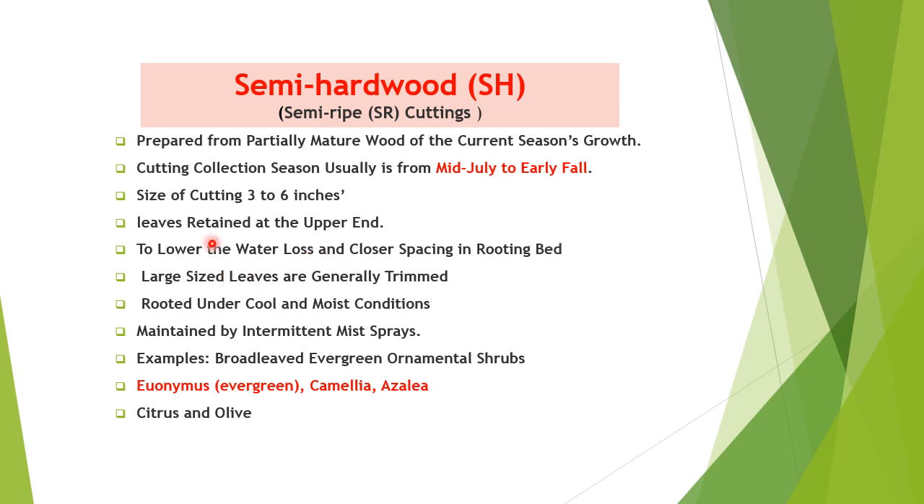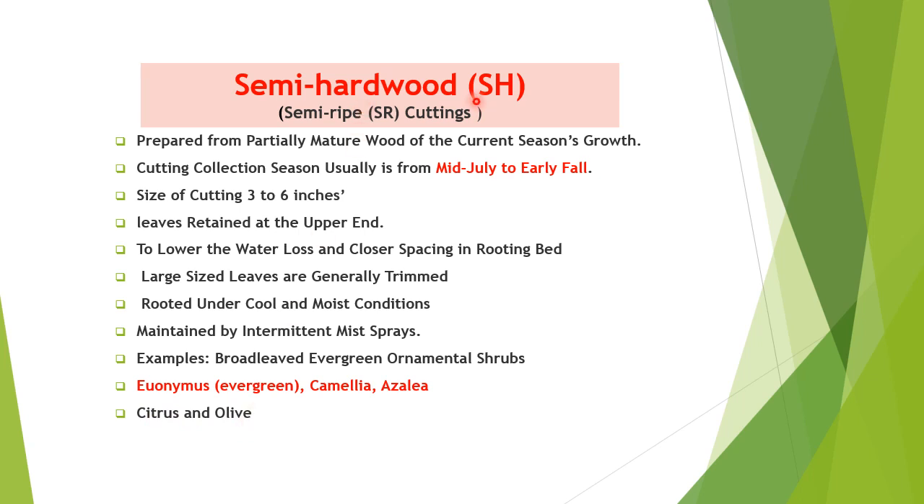Large size leaves are generally trimmed, and the cuttings are rooted under cool and moist conditions. They are maintained by intermittent mist sprays. Since they are very tender and need moisture, they should be sprayed with intermittent mist. Examples include broad-leaved evergreen ornamental shrubs, euonymus, camellia, azalea, citrus, and some trees also, citrus and olive, are also semi-hardwood